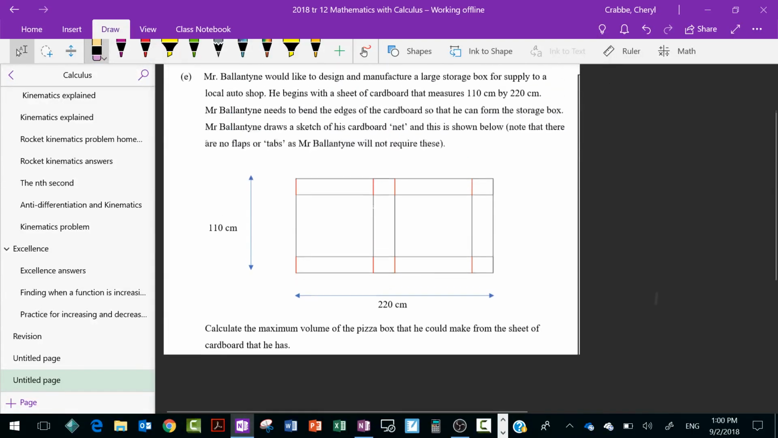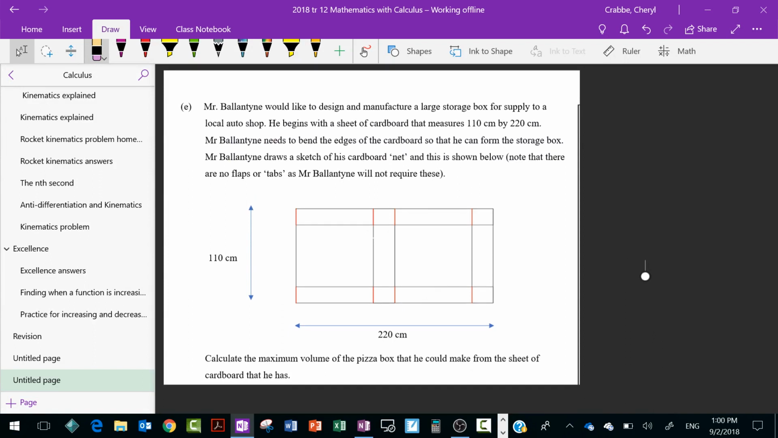Okay, we're going to take a look at this excellence question. The biggest problem with this excellence question is trying to figure out what this is getting you to do. And basically, you have to understand that you're going to be creating a box, if you will, that has length times width times height, basically. And you have to understand that you're going to have 3 dimensions, obviously, and what those dimensions are going to